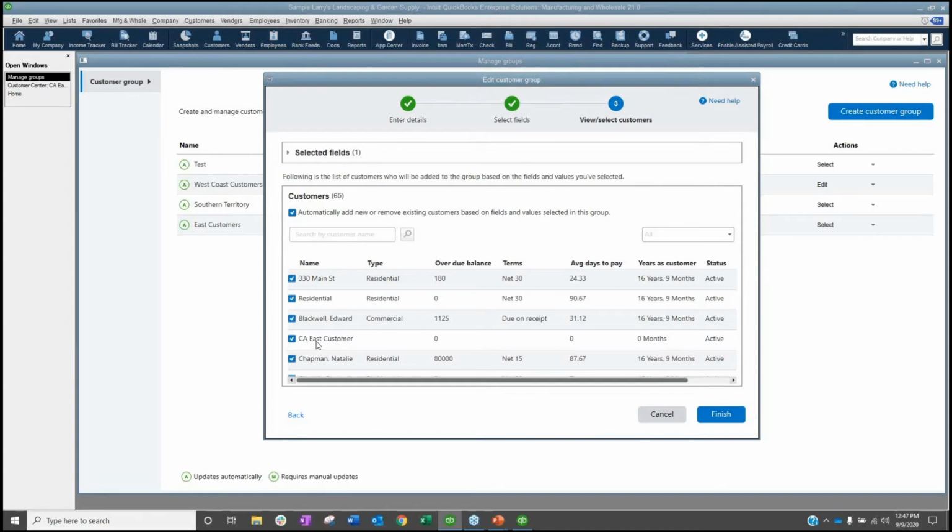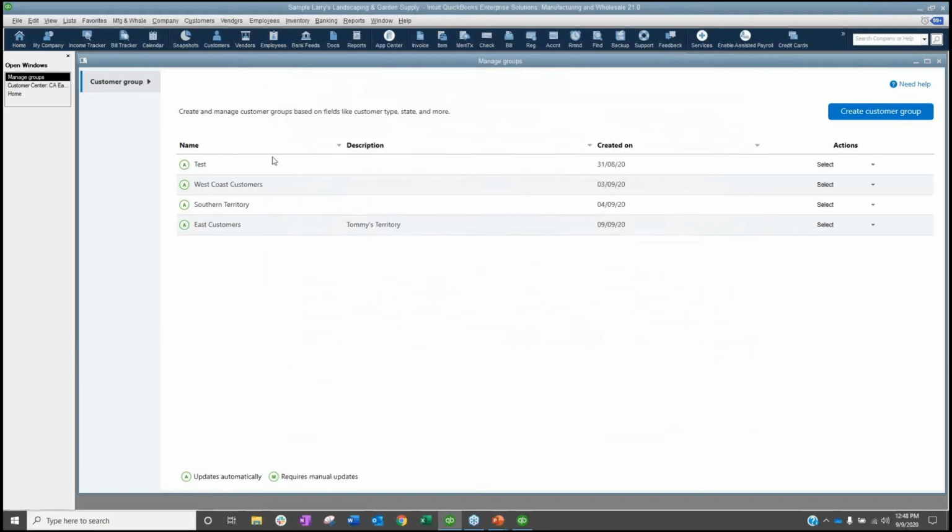So they automatically, even though I just set this customer up, because of the criteria on the selected field, it is picking it up on my list that now this customer is part of this list. So that automation is a big deal. Okay, big deal. And I'll show you why it's a bigger deal for enterprise in a minute. So these are customer groups. The fact that you can set up your customers, you can set up criteria around it, that based on that criteria, customers can automatically be added to a particular group.